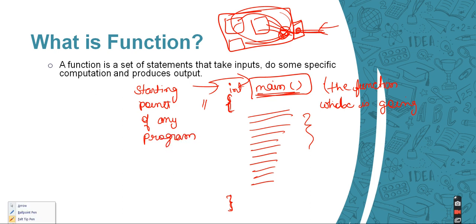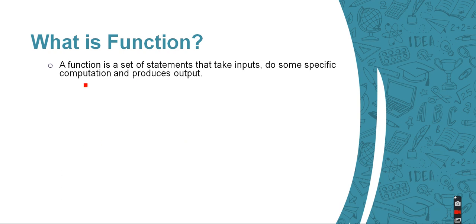So this is what we have learned about main functions. And now we are going to create different functions for different purposes. We only have seen the main functions right now. So what exactly is a function? A function is something which is going to perform a specific task.